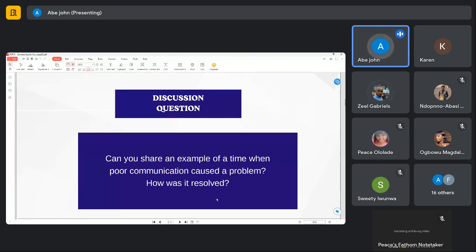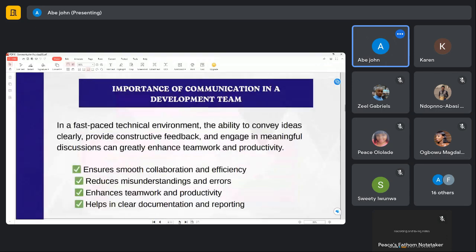Okay, now moving on, we are going to look at the importance of communication in a development team. So, what is the importance of communication in a development team? Once communication is very effective in a team, it ensures there is smooth collaboration and efficiency.